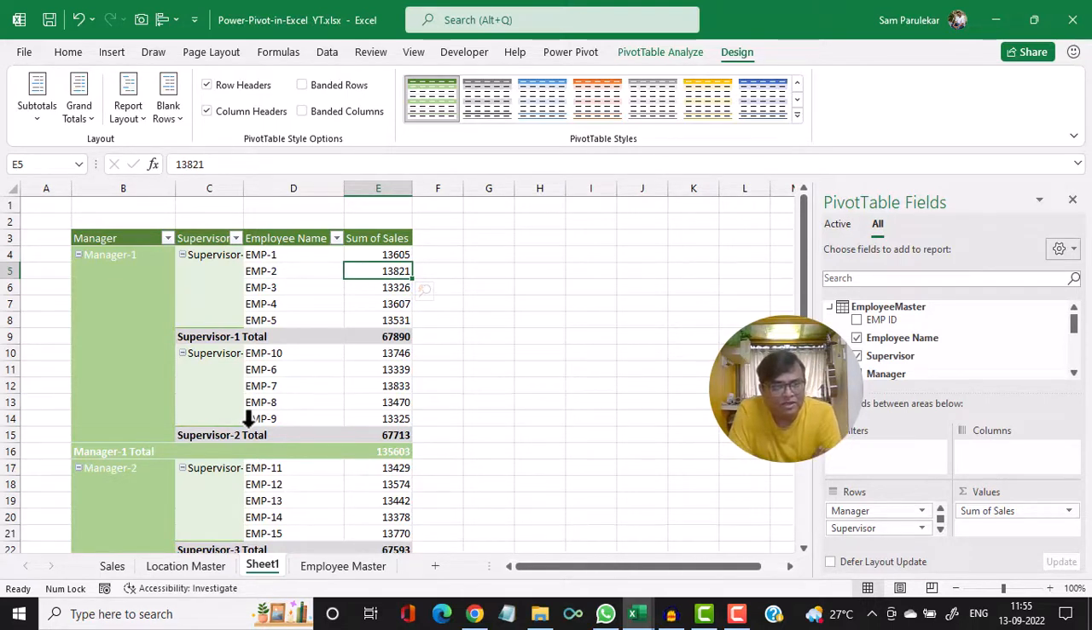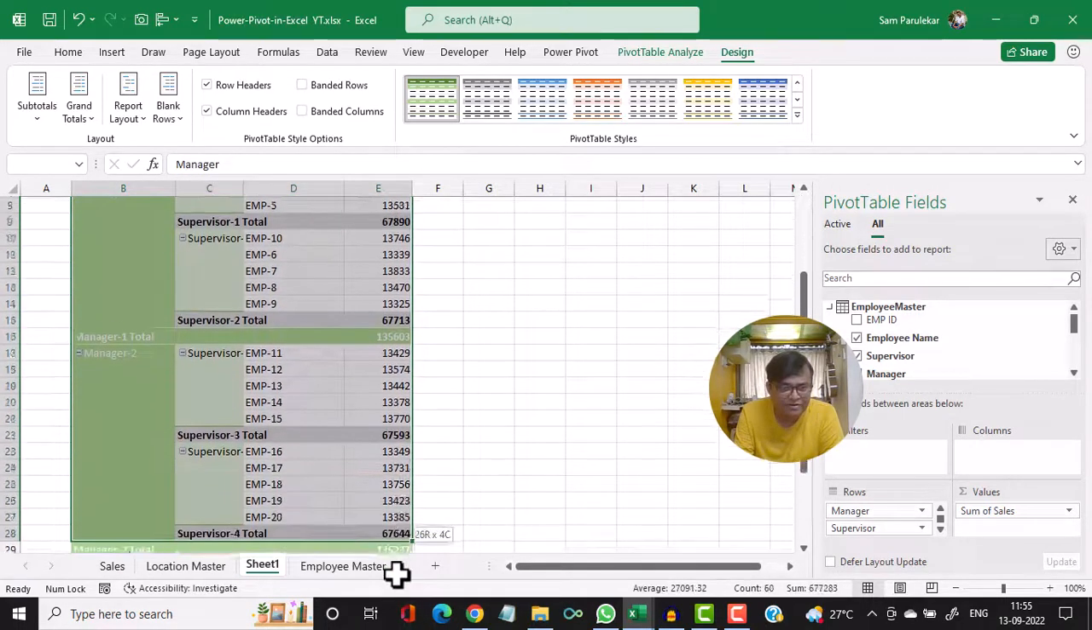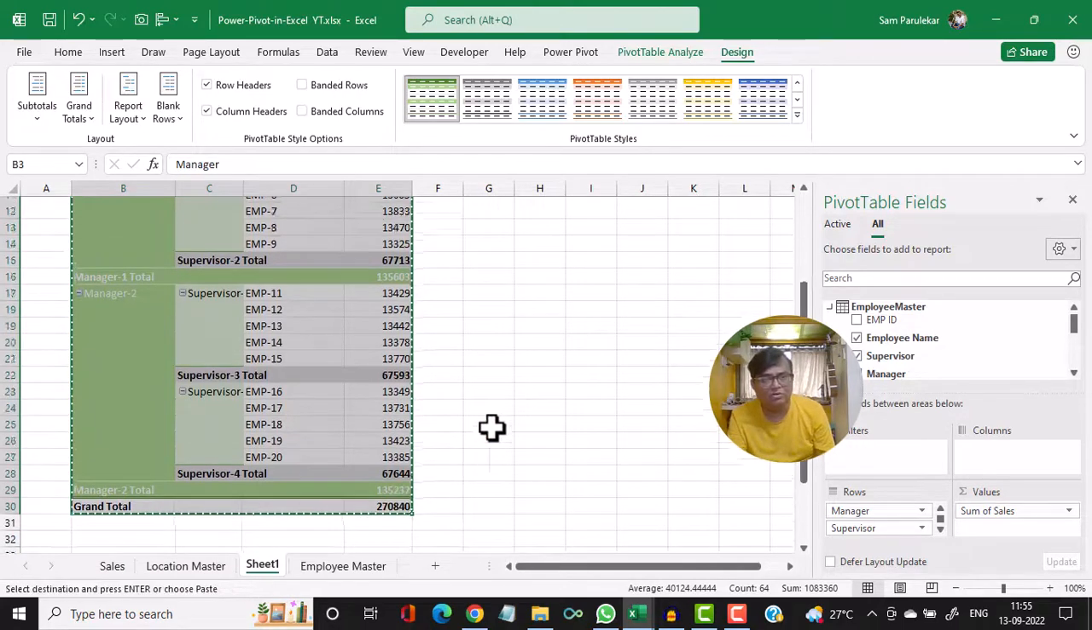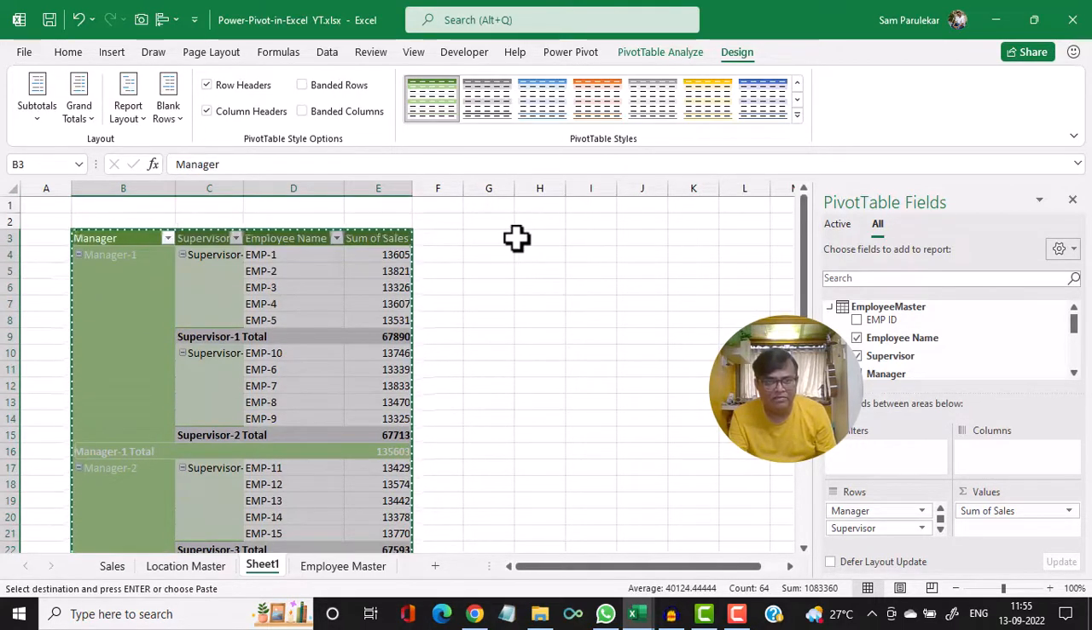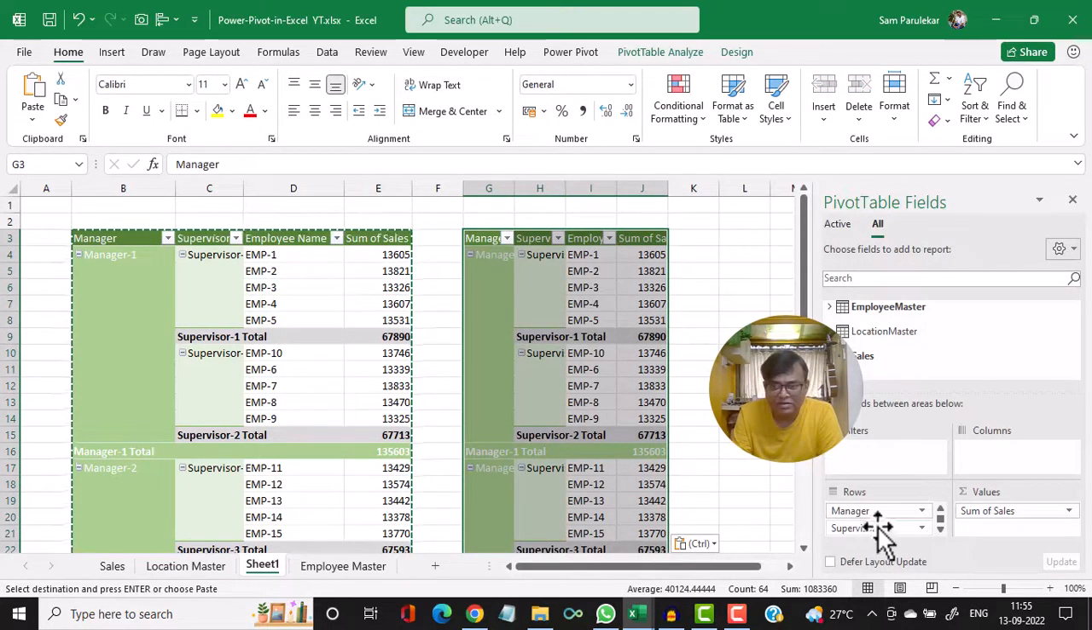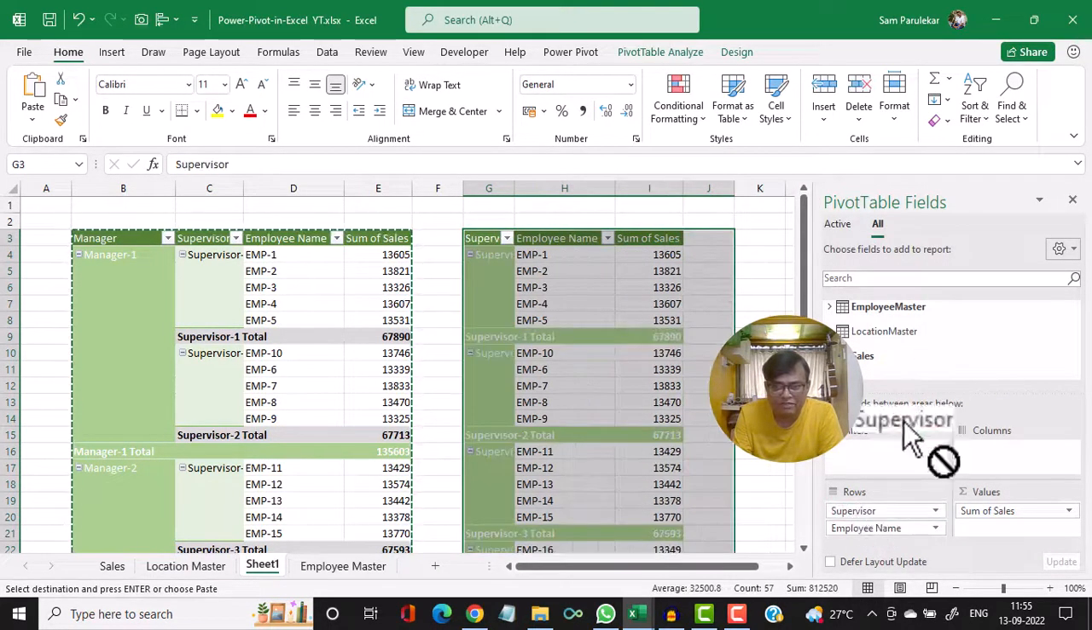Now I want to make another pivot in which I want region wise, country wise, city wise, and the sales. So for doing that, I would first copy this entire table. So I'll select this table, Ctrl C, copy, and I'll paste it here, Ctrl V, paste. Now I would remove all these fields,